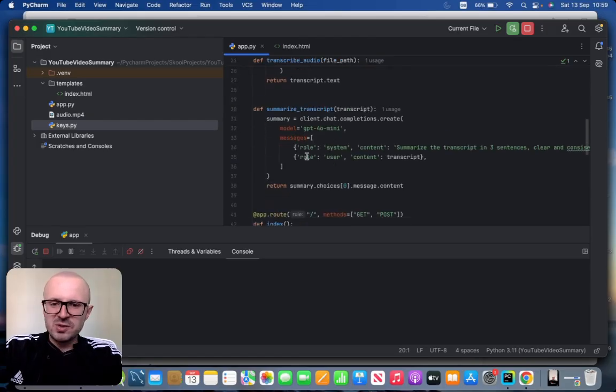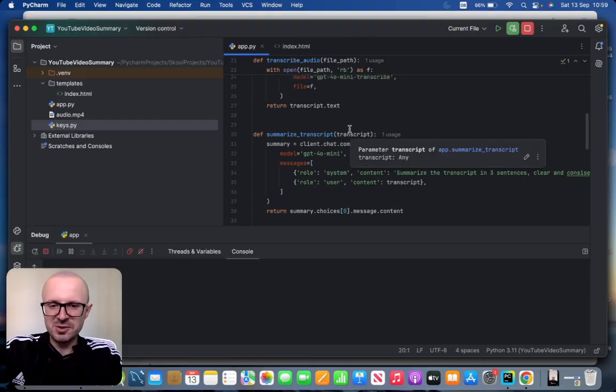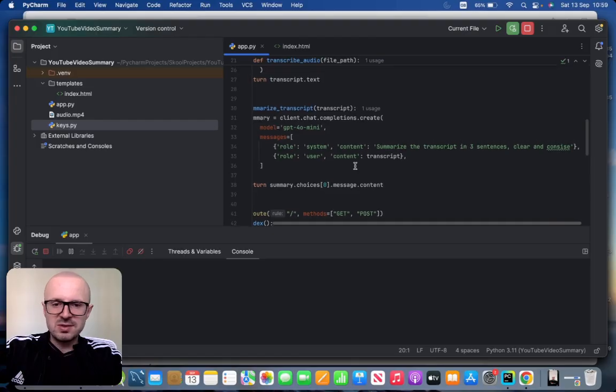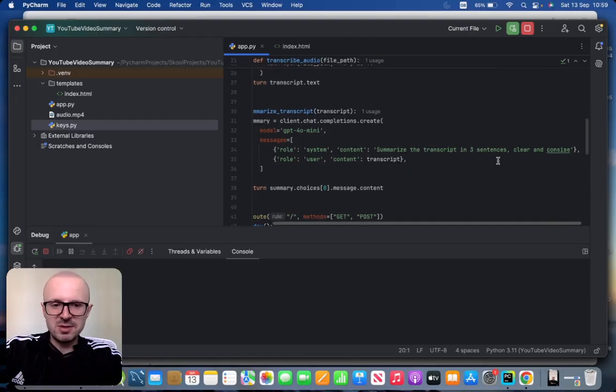After this, we've got a function called summarize transcript, and it takes a transcript as an input, which is the transcript that we retrieved from the previous function. What this is doing is calling the OpenAI client again, and this time we're using the completions functionality. We use GPT-4o mini, and we're passing two messages. The first message is the system message, and the second message is the user message. The system message is basically saying summarize the transcript in 3 sentences, clear and concise, and the user message